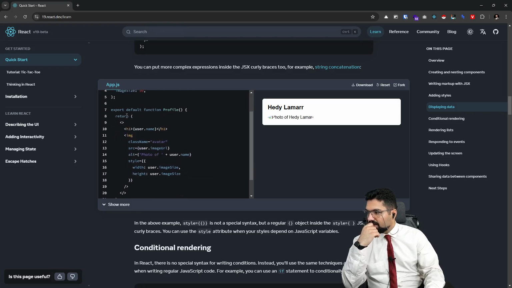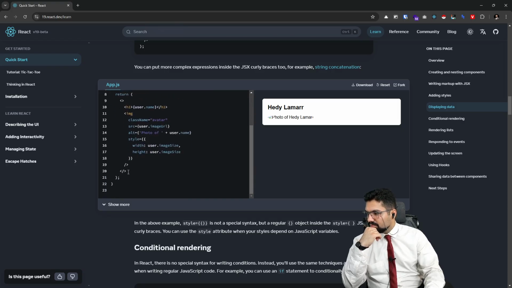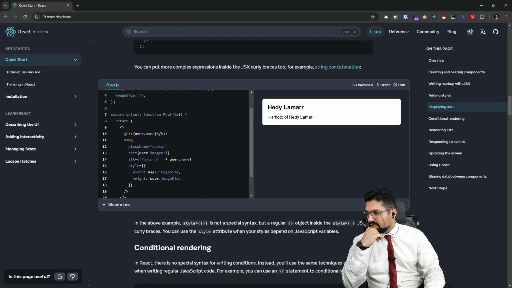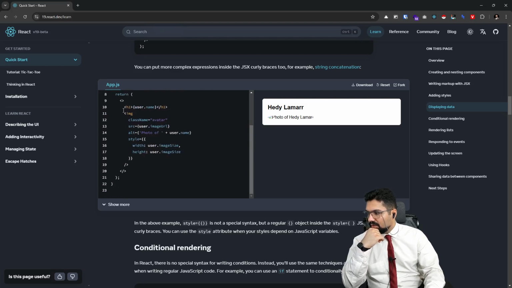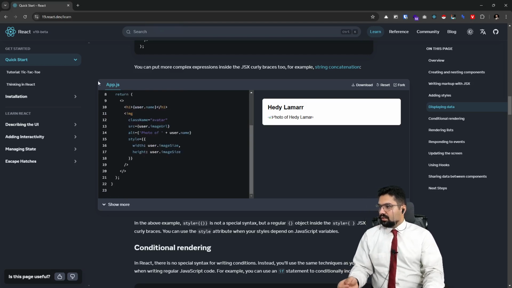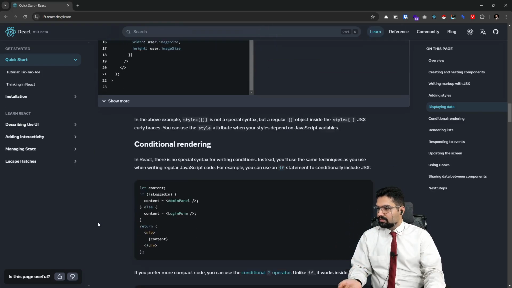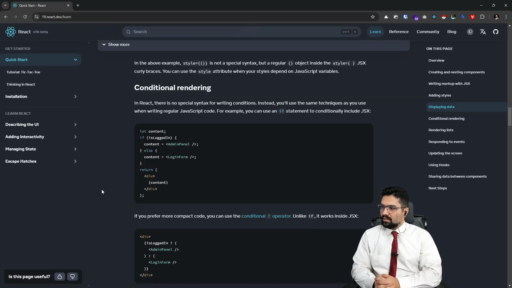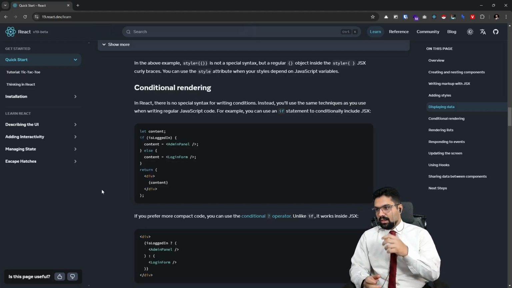Export default function profile, return a JSX element: h1 user dot name, image attribute style with user dot image size, height user dot image size. In the above example, style is not a special syntax but a regular object. Inside the JSX curly braces, you can use the style attribute when your styles